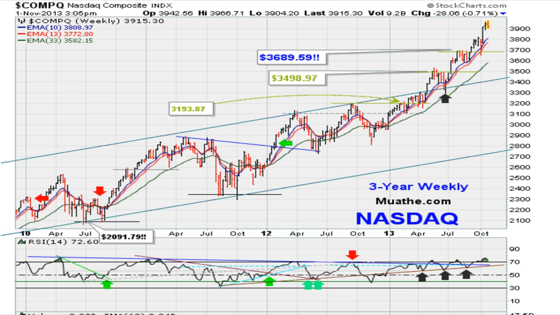So why don't we begin with the current weekly chart for the Nasdaq. You see that the Nasdaq had a nice weekly breakout and still remains above this weekly breakout here. It's first down week in a couple of weeks here. Looks good. If we take a look at the MACD,